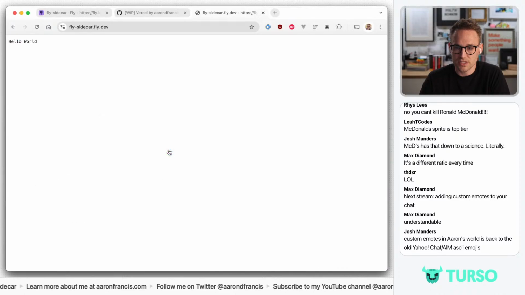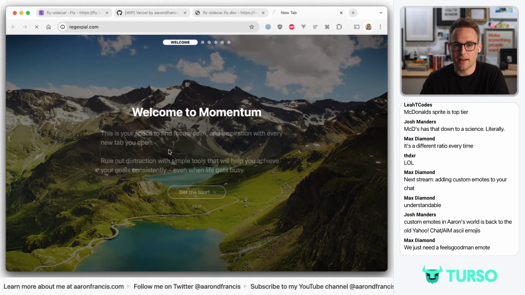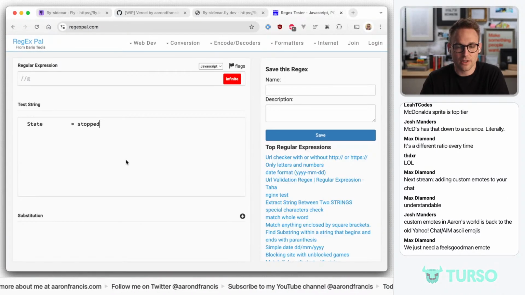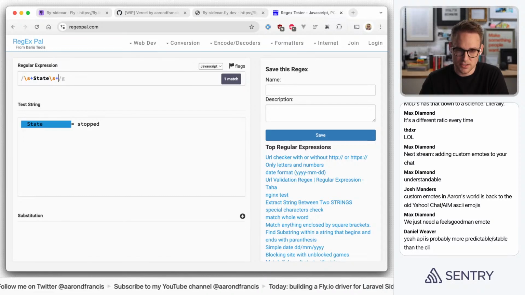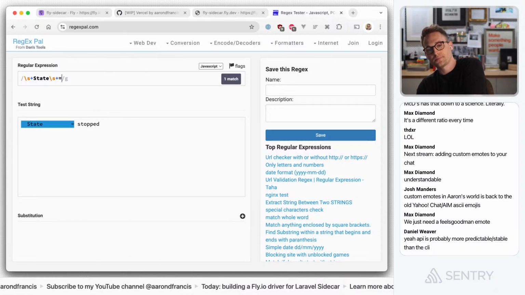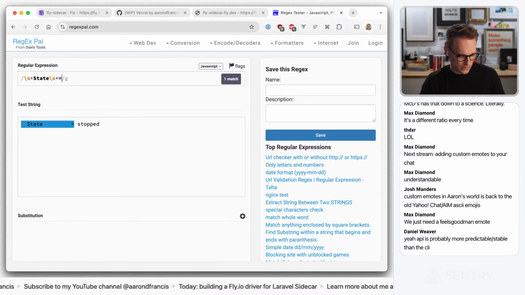State equals stopped. You never close regex pal. We want state. We want a little bit of s at the beginning with some state, then as many as you want, followed by an equal,